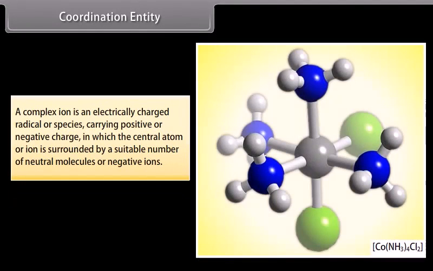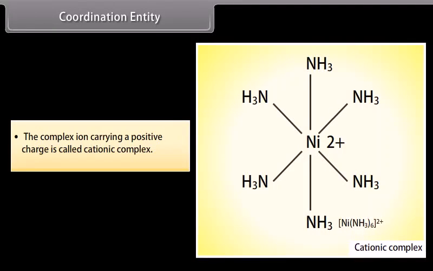Coordination entity. A complex ion is an electrically charged radical or species carrying positive or negative charge in which the central atom or ion is surrounded by a suitable number of neutral molecules or negative ions. For example, Co(NH3)6Cl3. The complex ion carrying a positive charge is called a cationic complex. For example,